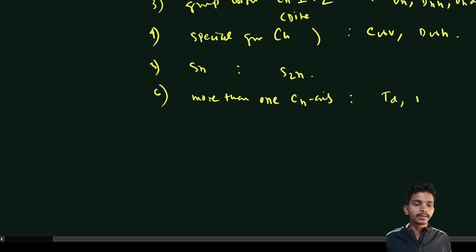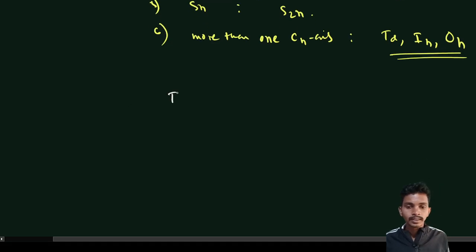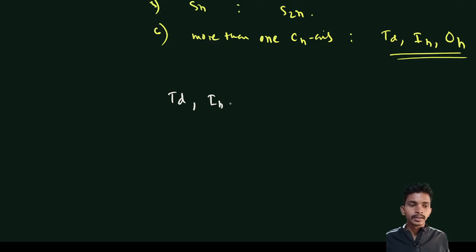We have Td, Ih and Oh. So including these also, the symmetry elements are there. Let's say this Td, Ih and Oh, if I remove from this